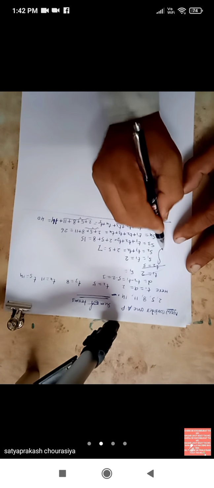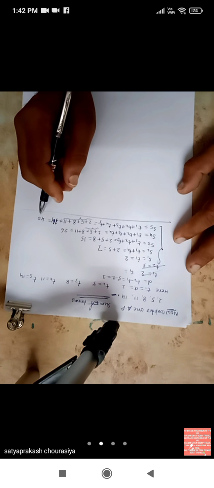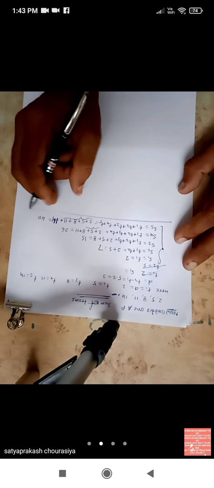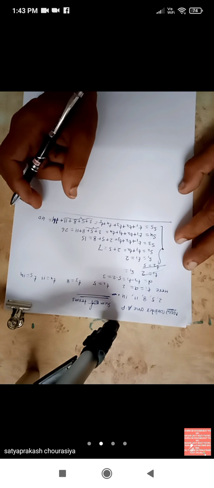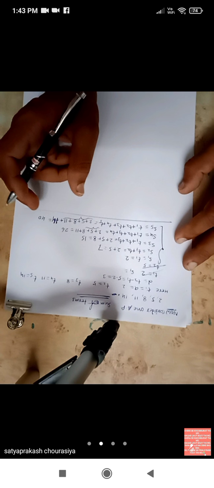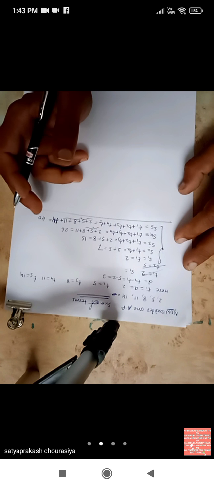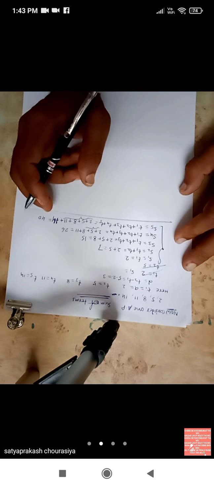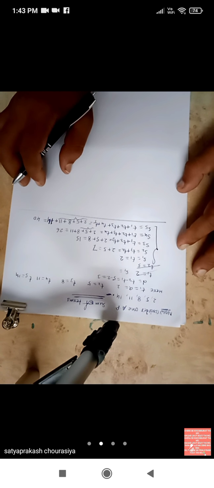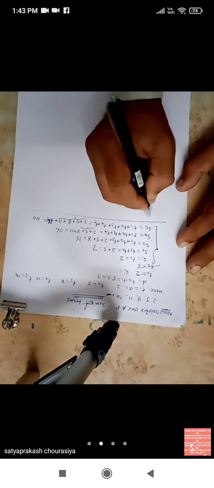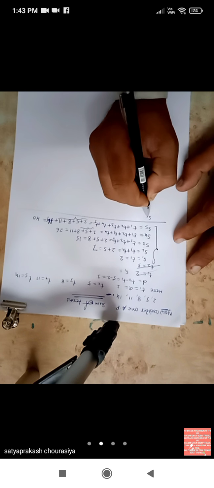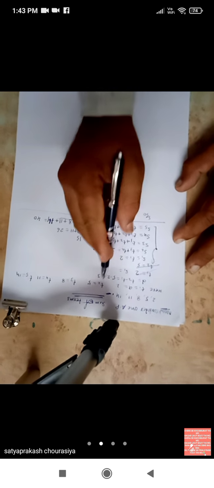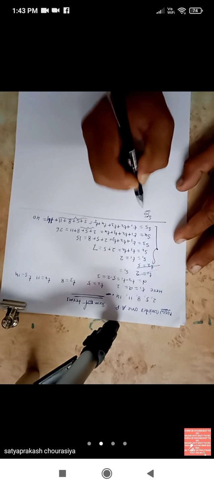Now when the list is very big, this method cannot be applied because it will take more time and it will be difficult to find the sum in this way. Means it is time consuming and laborious and finally it will be boring, okay. ये तीनों चीजें हो जाएंगी। तो that's why there is one formula, using that formula we can find the sum of the terms given in an AP. For example, if you want to find the sum of the 50 terms of this list or this AP, अगर उसको क्या करना है हम लोगों को, 50 terms निकालना है, then it will